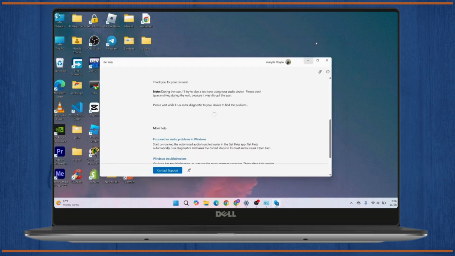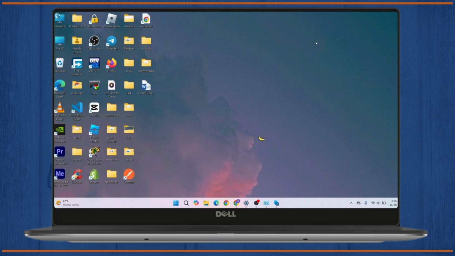So that's how you can fix if your microphone is not working in your Windows 11,